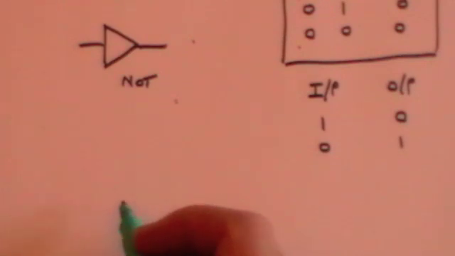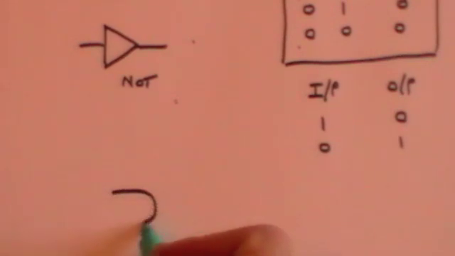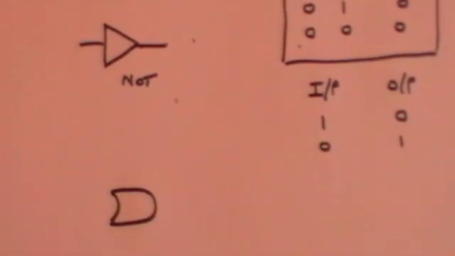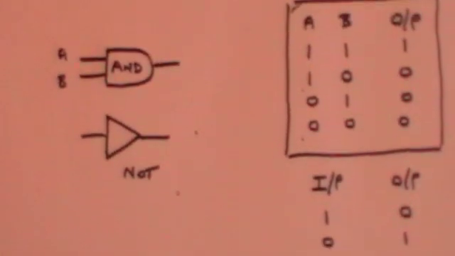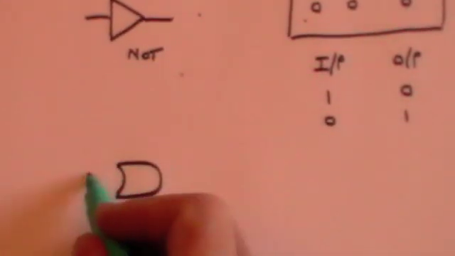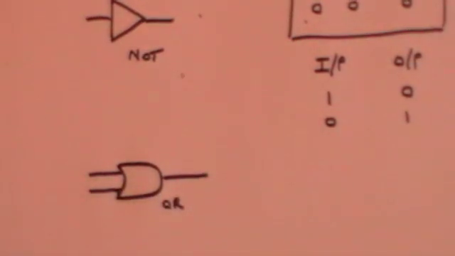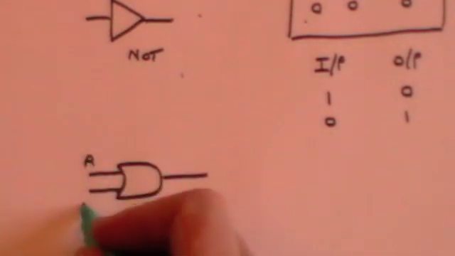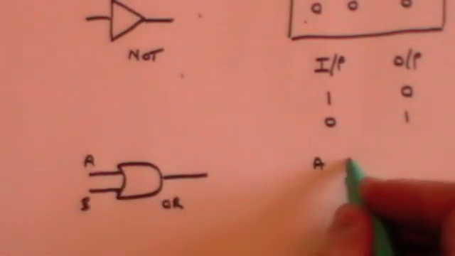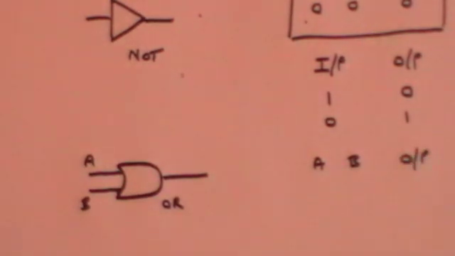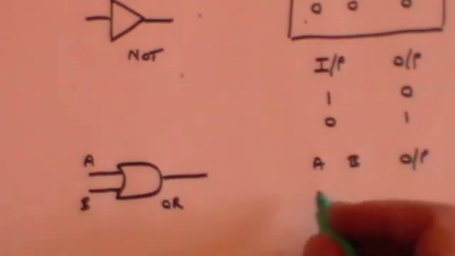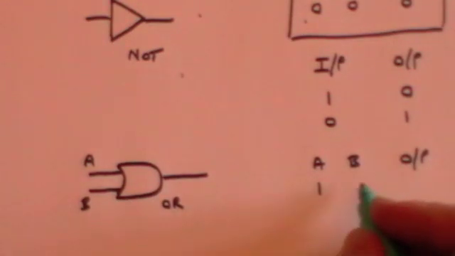It's called the OR gate. An OR gate looks a bit like an AND gate, but it has a kind of crescent rather than a straight line, which is what you would get in the AND gate, remember? So the OR gate has 2 inputs and 1 output, and we'll call these inputs A and B. So the truth table for an OR gate is that if one of them has an input,